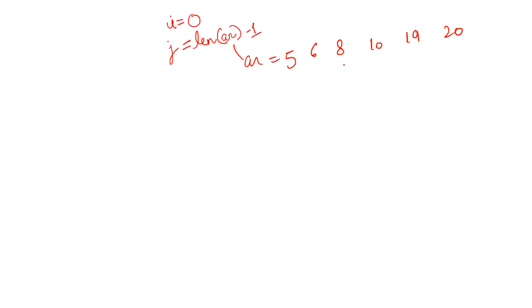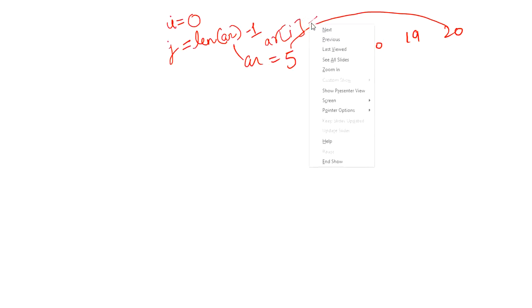Now we can simply run a loop, and in this loop we will do the swapping. Right now you can see i is holding 0. So we swap the element stored at arr of i, that is arr of 0, with the element stored at index arr of j, that is at the last. So swap both of them, right? We have to do the same thing for these two elements as well, and for them as well.